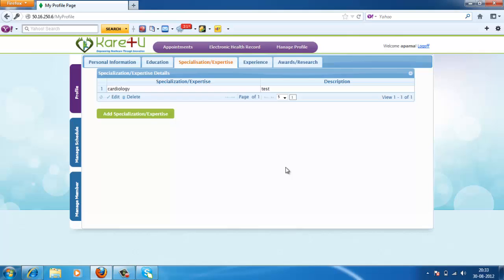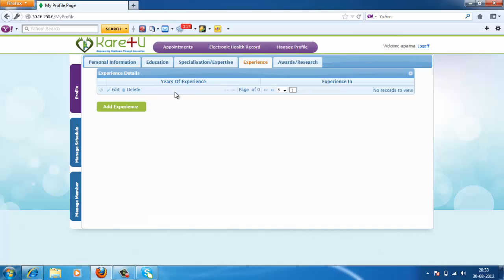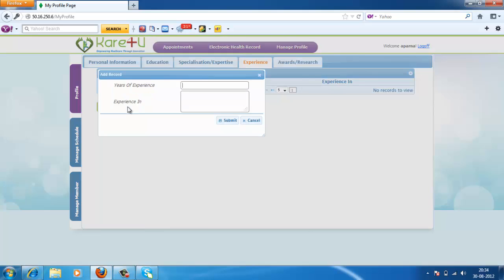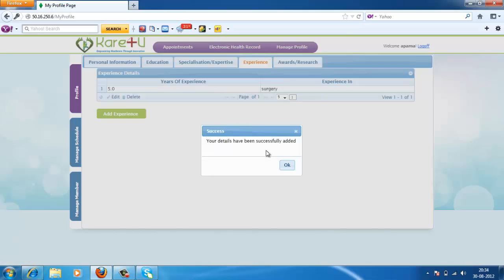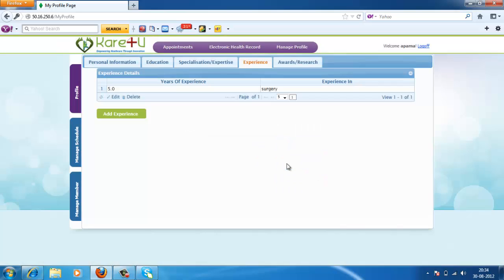Now again we move on to experience. Here we need to give years of experience and in which field the particular doctor is experienced in. Now click on add experience. For example, let's say the total years of experience is 5 years and doctor is experienced in surgery. Enter this and click on submit. Here also the details have been successfully added. If you need to add any more experience, you can do so by clicking on add experience and then your